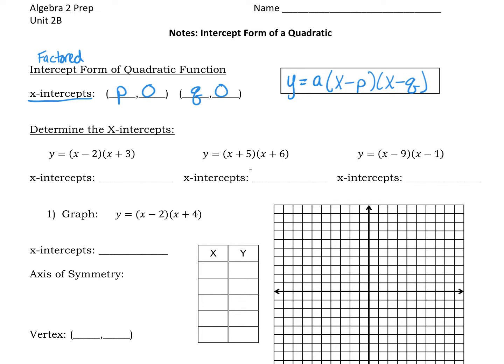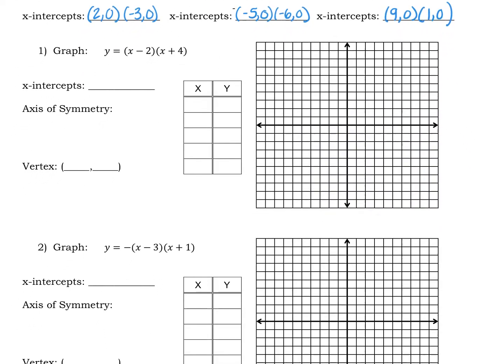So if I look at this first example, it says x minus 2 and x plus 3. That means my x-intercepts are positive 2 and negative 3. This next example, my x-intercepts would be negative 5 and negative 6. And this last example, my x-intercepts would be 9 and 1. So since we know how to find the x-intercepts from intercept form or factored form, we can use this to help us graph a quadratic equation in